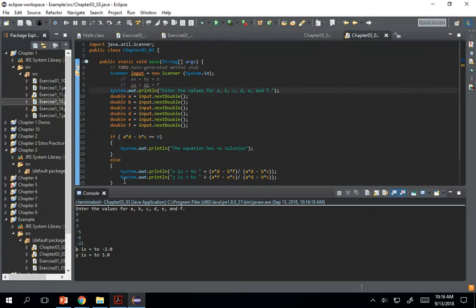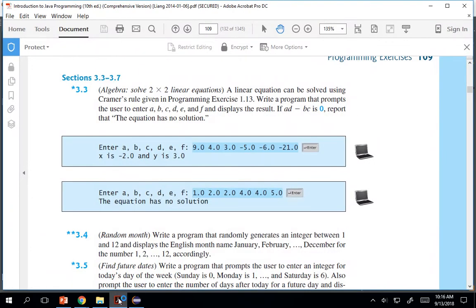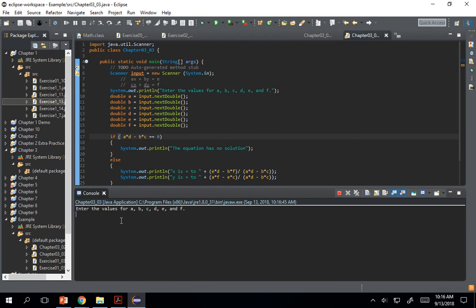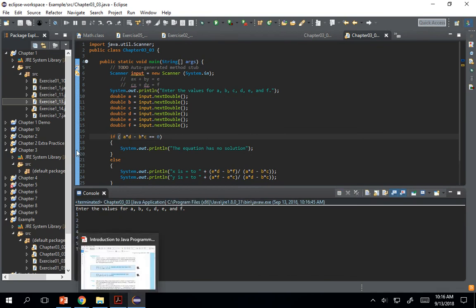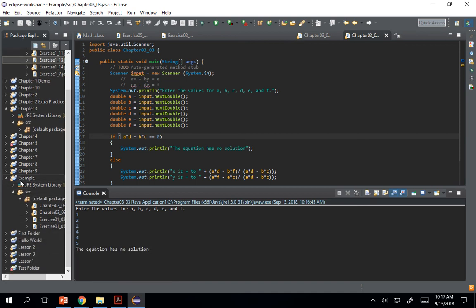The no solution seems like it should be correct. I'll double check that just to make sure, just to be safe. 1, 2, 2, 4, 4, 5. Equation has no solution. So we got that down. Okay. Now we need to go to,